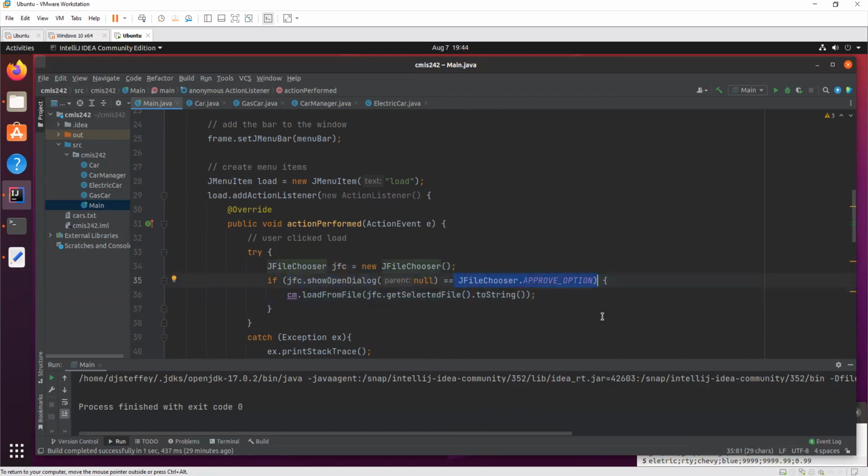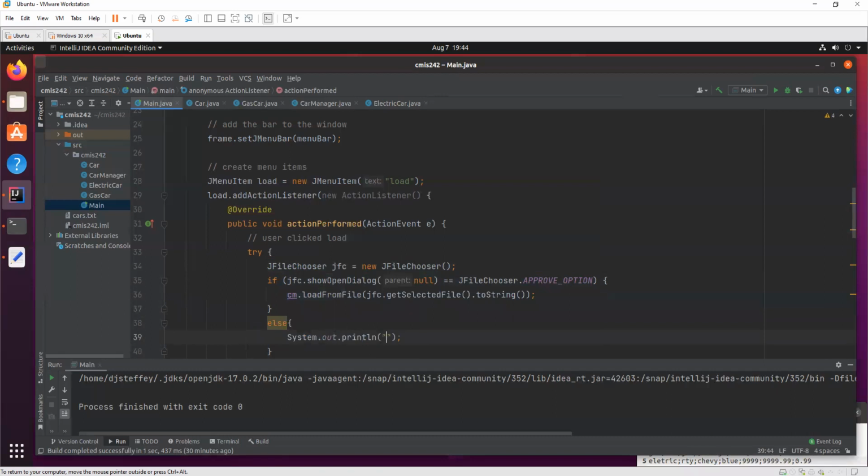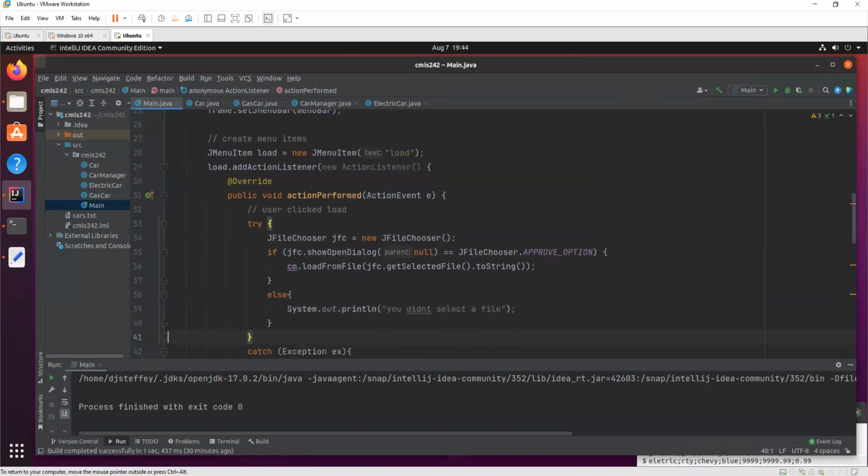What that is saying is if we actually select a file to load, then this is what's going to happen. Let's say they start going through the JFileChooser and they don't actually pick a file, then it's going to be something else. Let's just say system.out.println, you didn't select a file. All right.